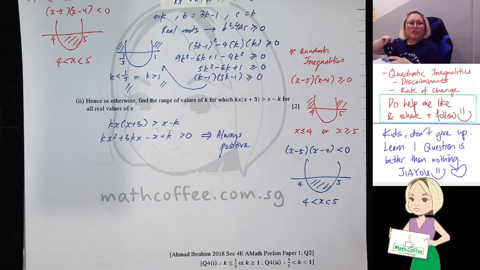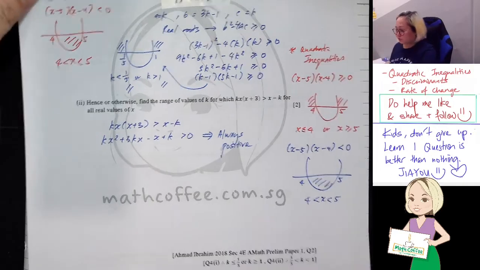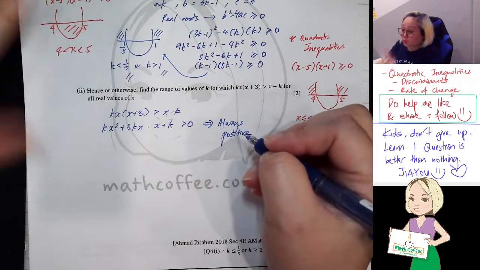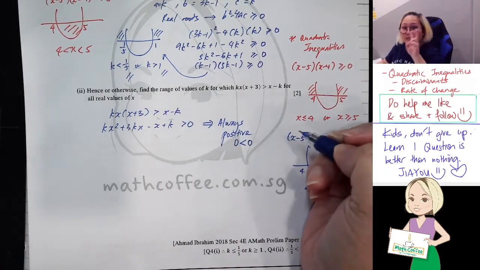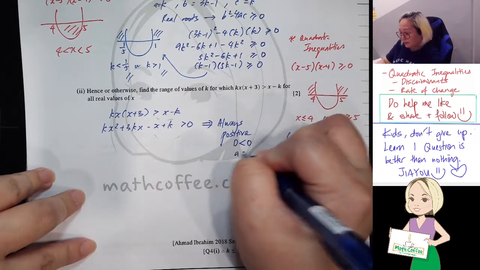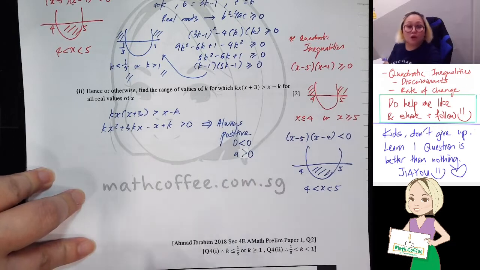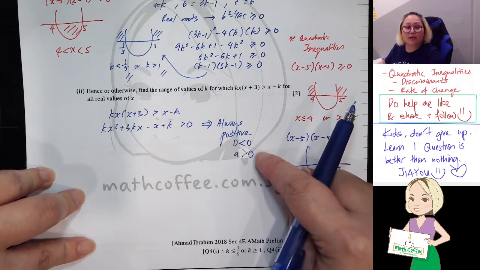So, when it's always positive, you have two conditions you need to fulfill. Yes, discriminant less than 0. Two conditions. First is the discriminant less than 0. Second condition is that it must be a happy face. Happy face means a is more than 0. So many students always remember the discriminant less than 0, but they forget that they also have to fulfill a